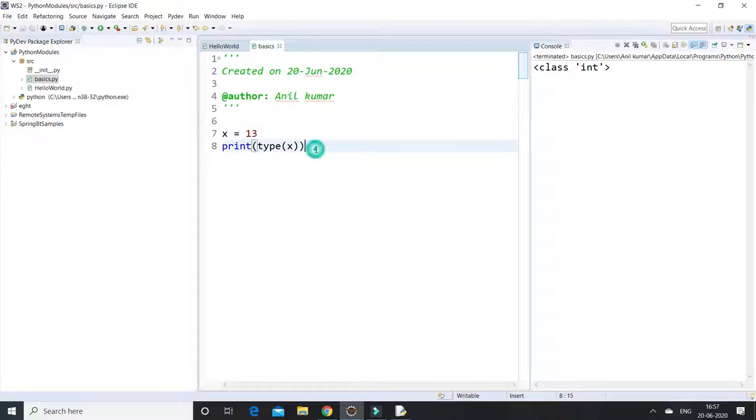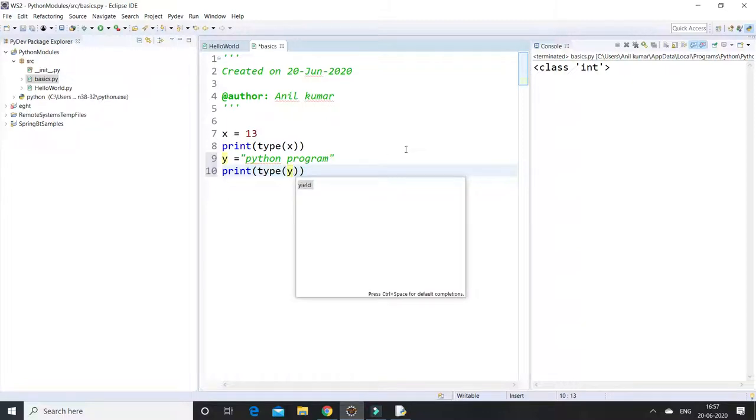I'm going to create another variable named y. I'm assigning the string Python program. Again we need to write the print method, and we change the variable x to y.